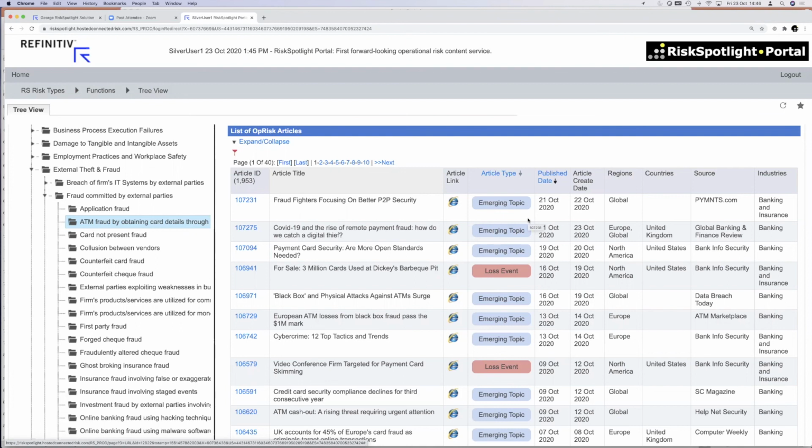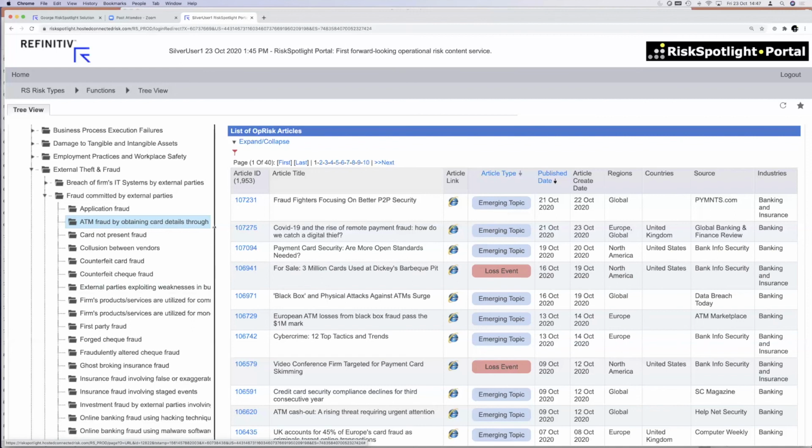So that was our primary focus, to provide forward-looking information relevant for operational risks, so that the people who are managing that risk in the first line can easily get access to that information and incorporate it in their day-to-day work, because they will just not have time to go to Google and try to find that information. They would definitely need a better way. So this is where the portal comes into the picture.